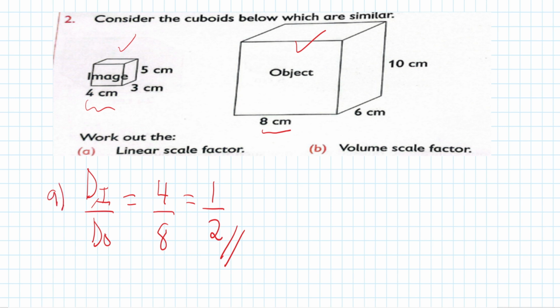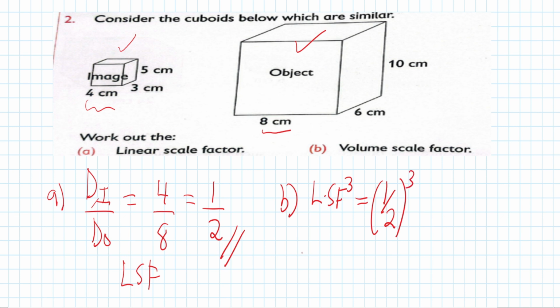So this is the linear scale factor. If you want to find the volume scale factor, then volume scale factor is basically linear scale factor cubed. So the answer that you get, which is a half, you cube it, and cubing it means a half times a half times a half will give you 1 over 8. So that is your volume scale factor. Again,